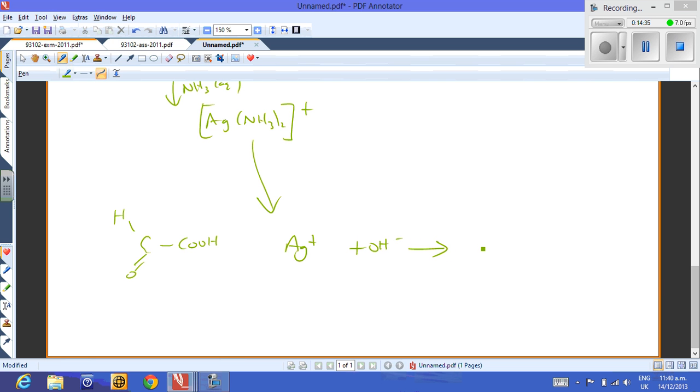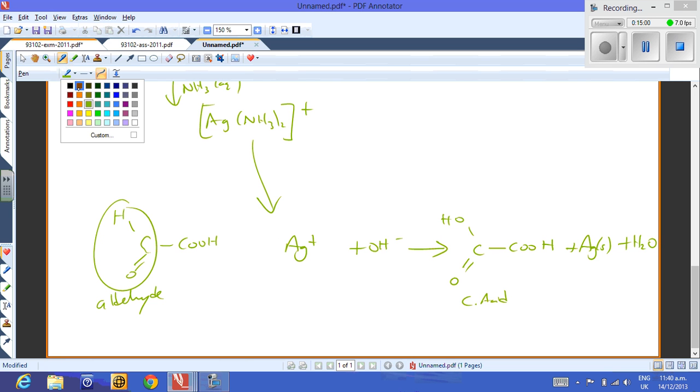you get further oxidation of your aldehyde. This is your aldehyde, and then you form the carboxylic acid group instead. Carboxylic acid, this is further oxidation. So you have a dicarboxylic acid there essentially. Then you get solid silver, which gives it the silver mirror, plus water. And because you have an imbalance in